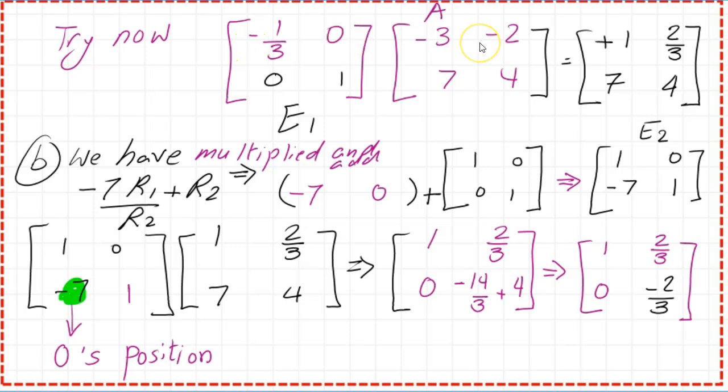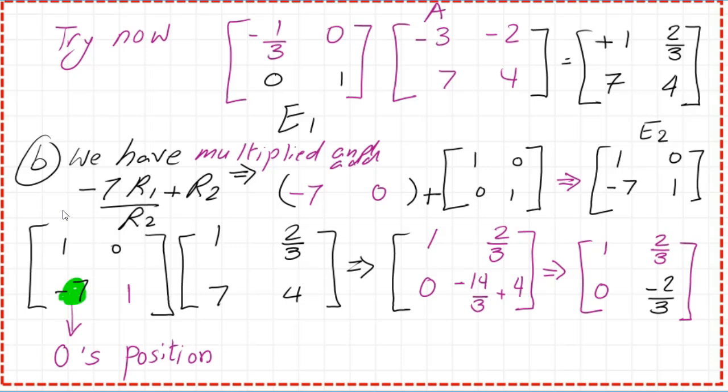-1 over 3 by -2, we have +2 over 3 plus 0, it will stay here, and this 0, 1, 7, 4, this 7, 4 will be as it is, there is no change. Second operation which we have done is